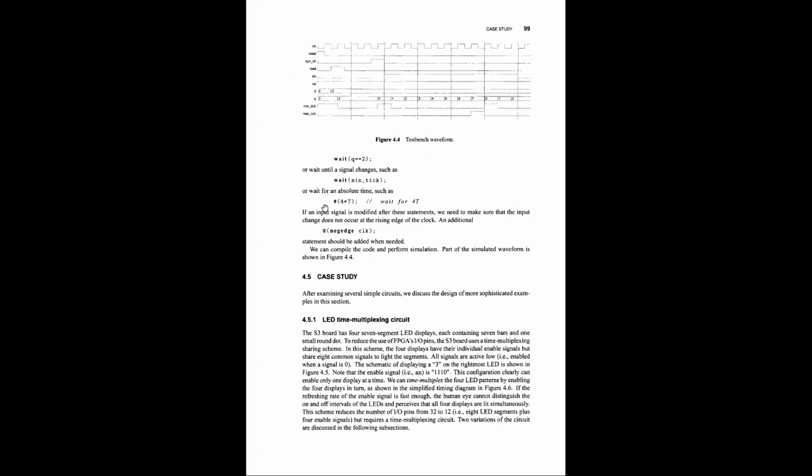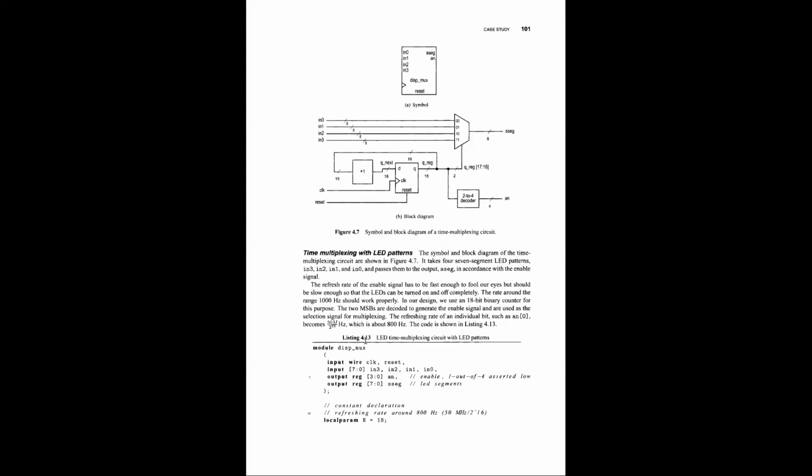Then after the mode counter, there is a test page for the universal binary counter. There is another test page written by the book. You can go through it also, you will learn new things from this. So this chapter is almost completed. After that chapter, there are some case studies like the LED time multiplexing circuit. These are useful for the projects people are doing on 7-segment displays. We will do these 2-3 case studies in the next class.